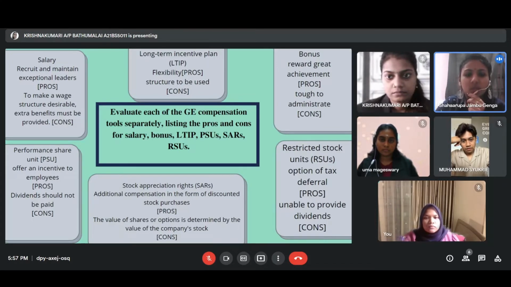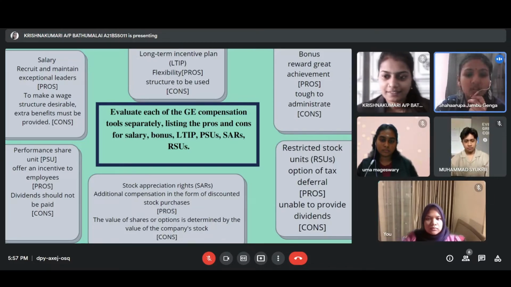If GE's shareholder return reached or exceeded the 5-year cumulative total return on firms in the Standard and Poor's 500 stock index, half of the shares would vest in 5 years. 50% of the stock award is contingent on GE shareholders receiving total returns that are similar to or greater than the wider market. Okay, now we would like to look at the pros of PSU, which is to offer incentive to shareholders,